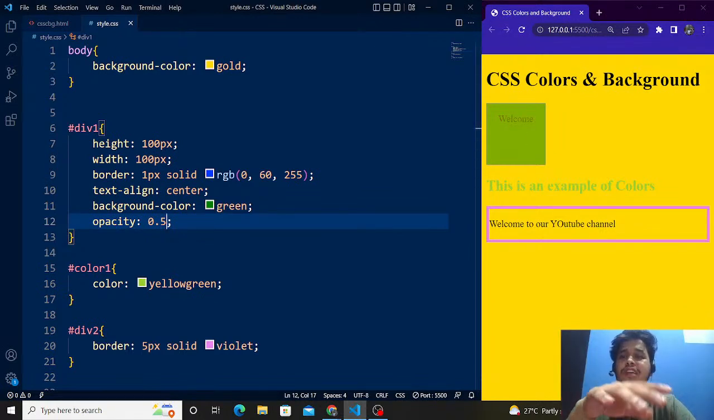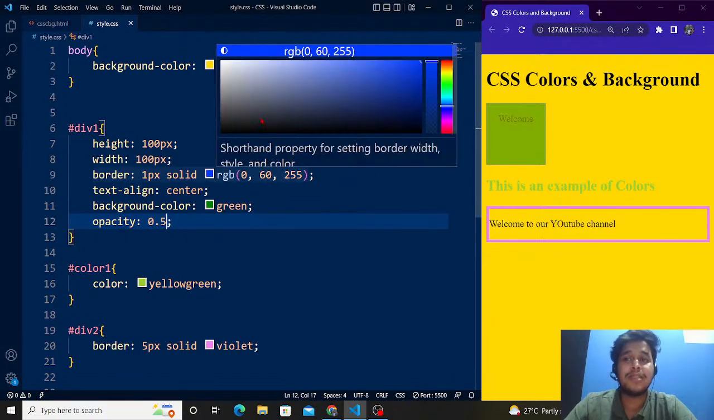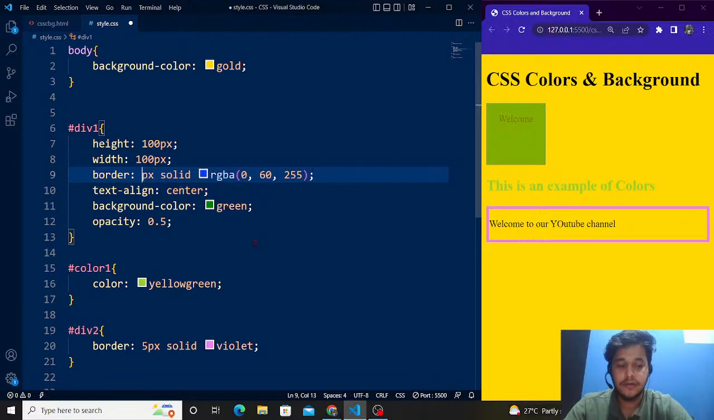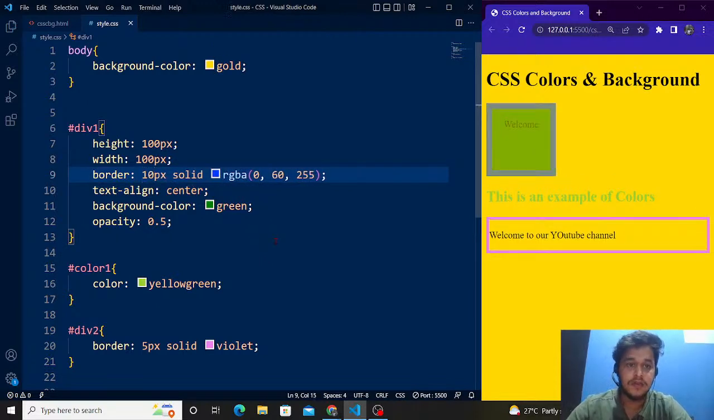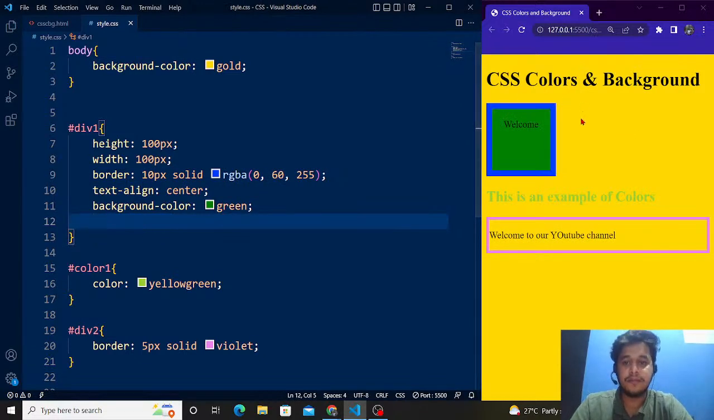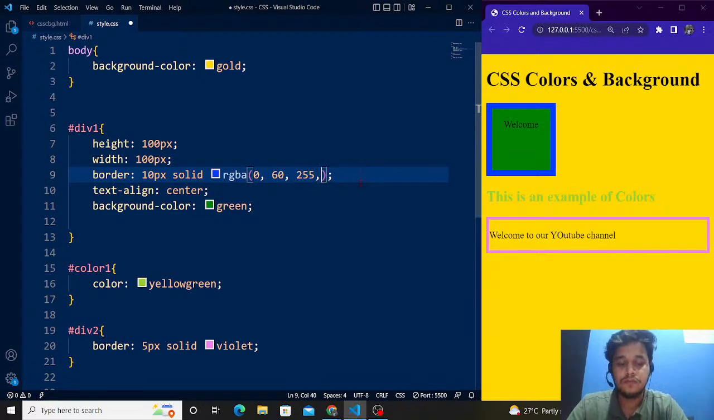So we can use transparency using RGBA as well. For that we have to mention the alpha. Alpha is the same as opacity. So we have to write RGBA. Let's say we make the border 10 pixels first. So here you can see this is the background. Now we are going to remove this opacity from here, save it. Here you can see the border color is blue. We have to put a comma over here, and write RGBA over here, and we have to just write here